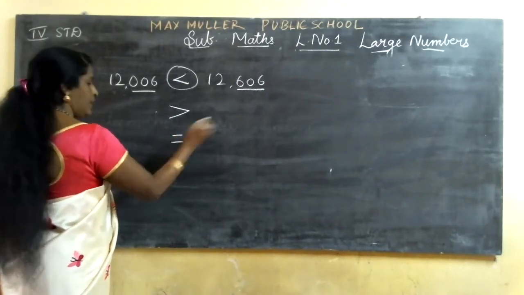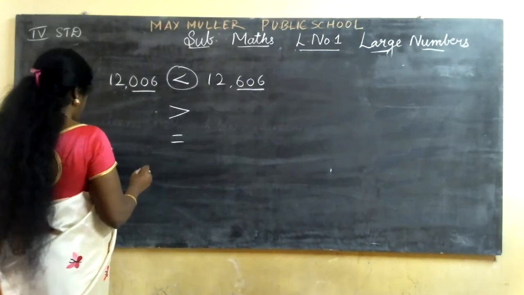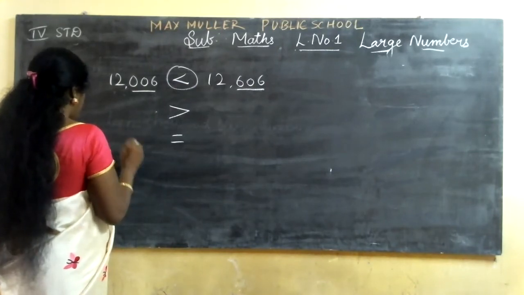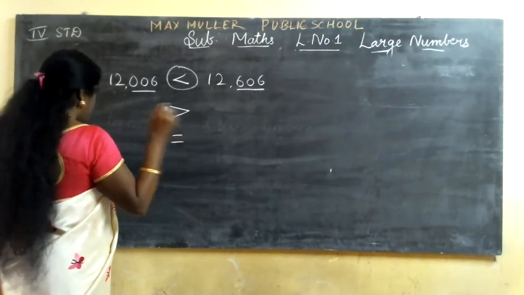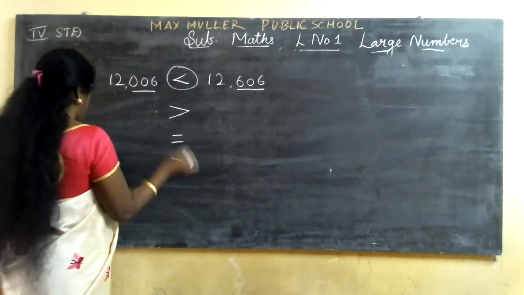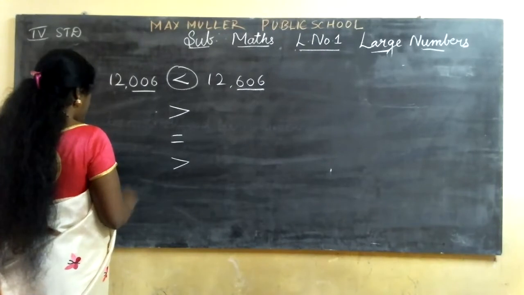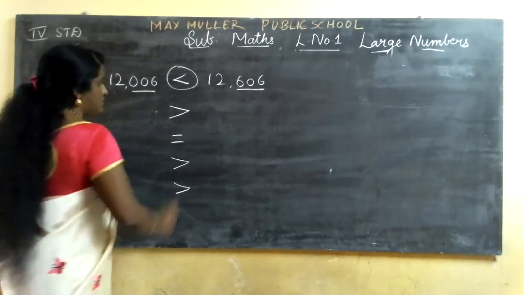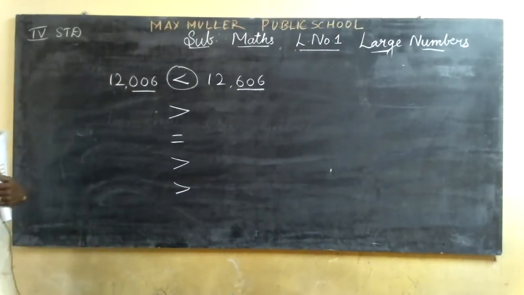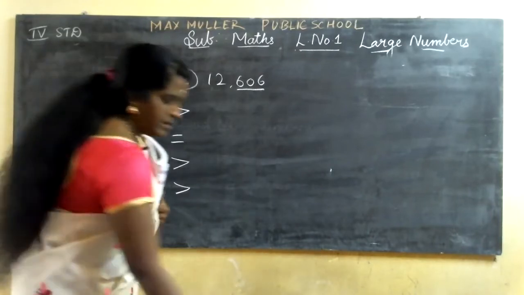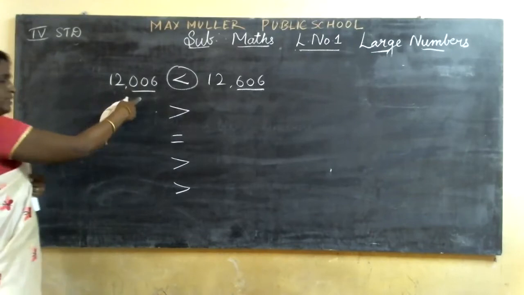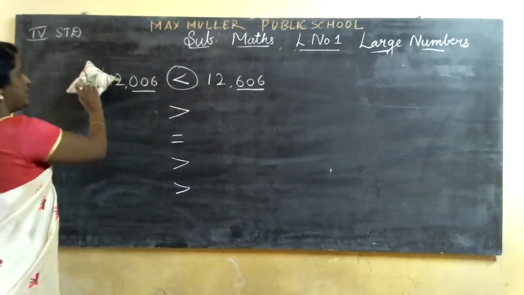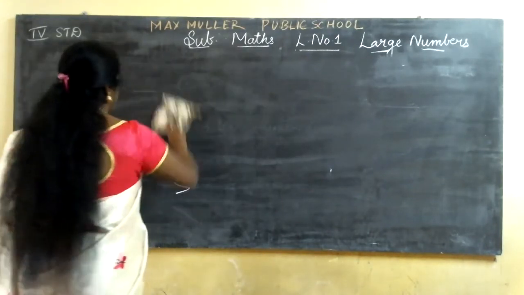83,172. 83,172. Next is 60,125. 60,125. So this is greater, 125. 91,000. Here 90,000. So I have written the symbols. I won't write the questions. Okay. You should only see the first number. Same means go for the next number. Go for the third number. Like that you should see and write that.